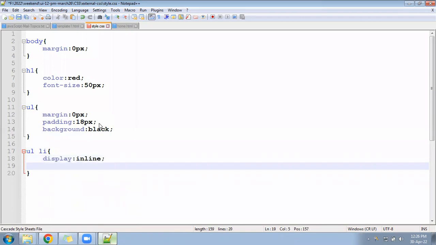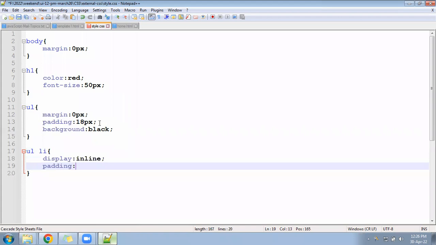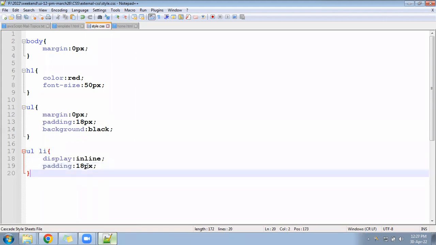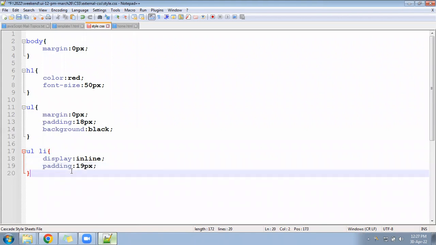After that, the padding will be of 18px. Okay, you can give 1 pixel more here, I think 19px. Next, after that,